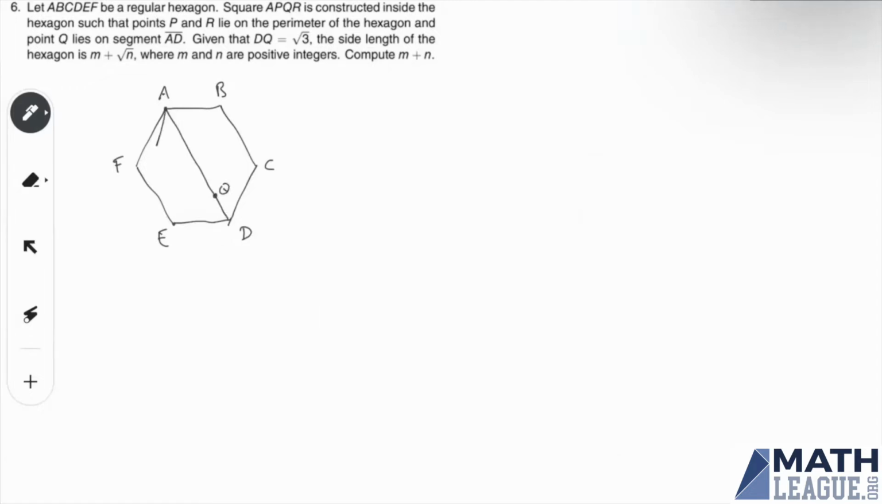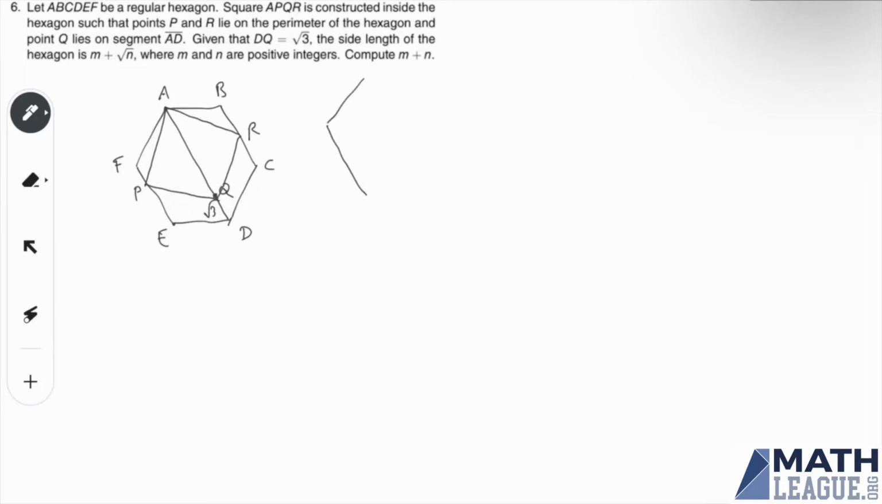And we know that point P will just lie somewhere like this. Point P and R will lie somewhere like this. Given that DQ is square root of 3, the side length of the hexagon is m plus root n, where m and n are positive integers. Compute m plus n. So we kind of drew our diagram here, but first we should probably find the length